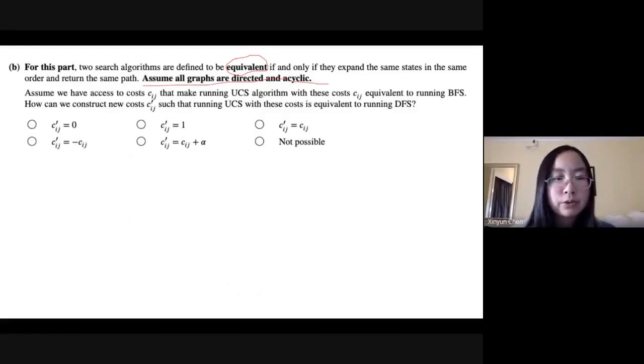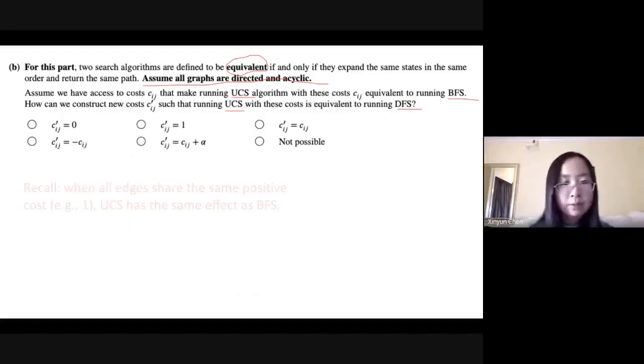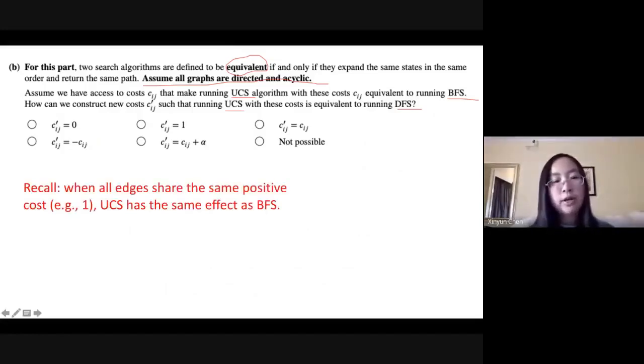Assume we know that in some way, when we assign the edge costs, UCS will be equivalent to BFS. Then how should we design a way so that UCS is equivalent to DFS? If you still remember the discussion about these search algorithms that we briefly discussed before, then this question will be pretty easy, because we just said that when all edges share the same positive cost, like 1, UCS has the